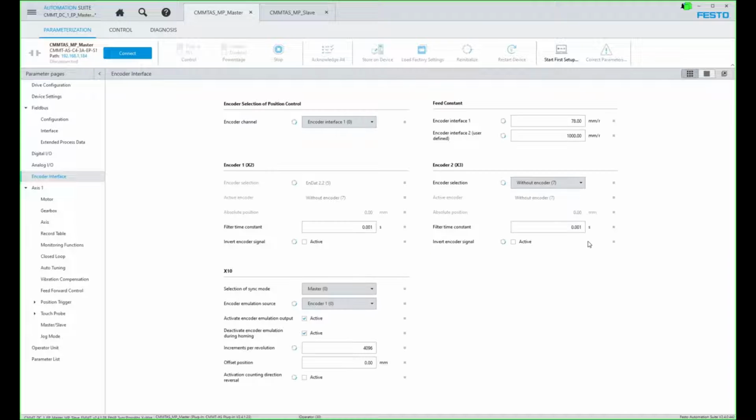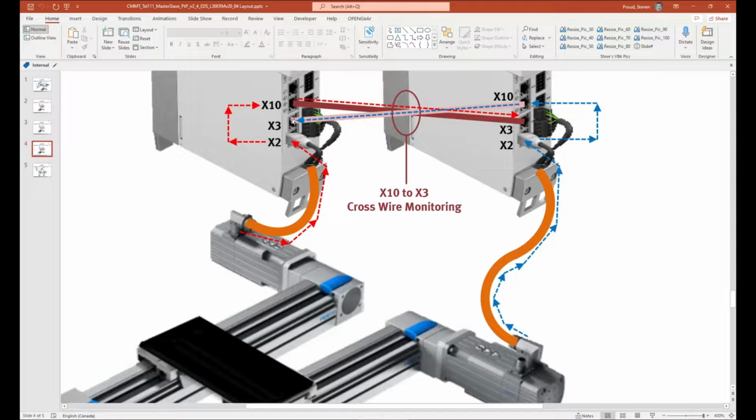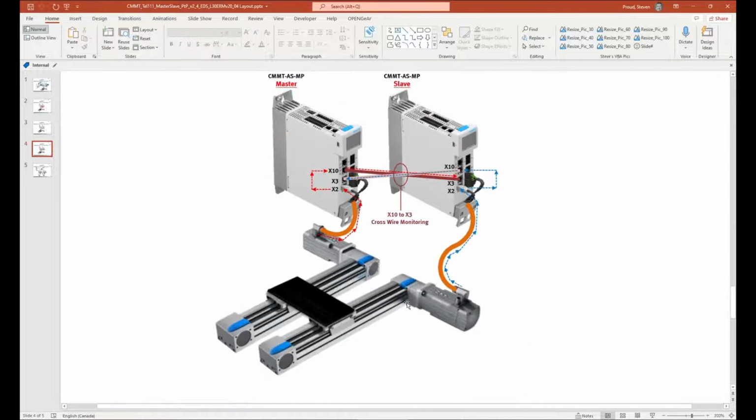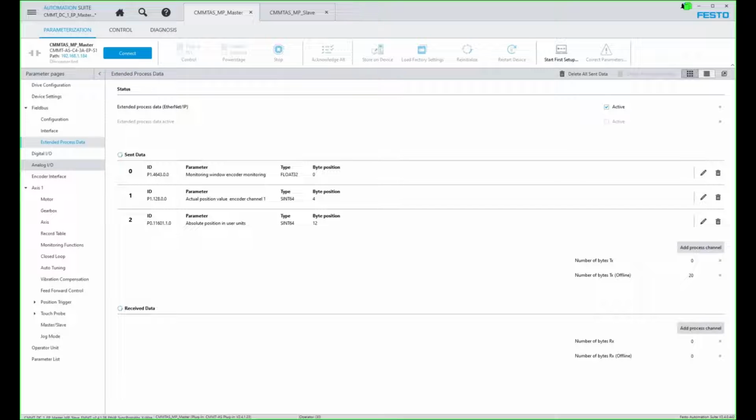That is 11.601.10. That's the absolute position of encoder 2, which is X3, right here. So it's the encoder signal, what's receiving the emulated signal from the opposing controller. All right, so we've done the extended process data,